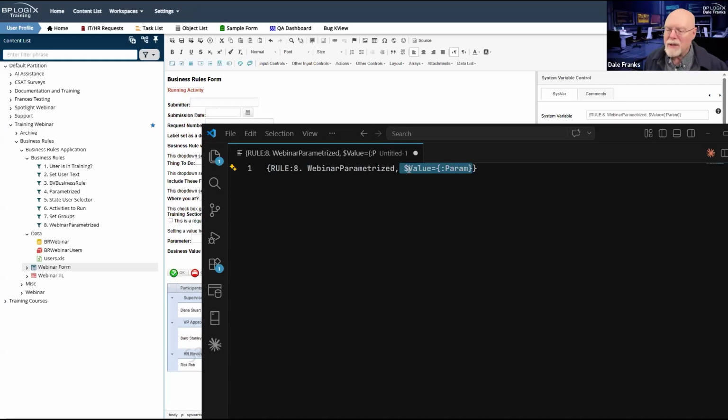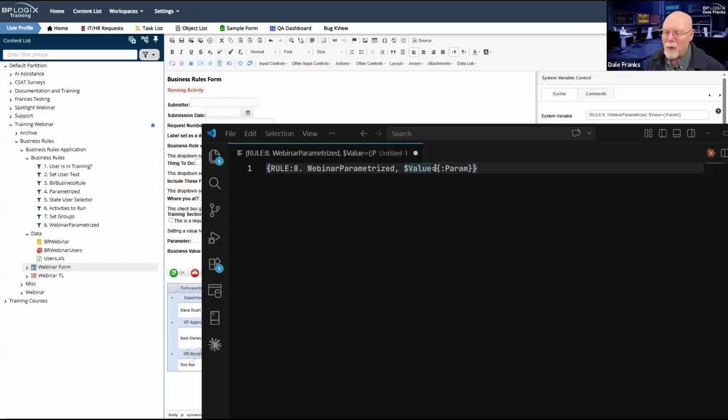Anytime I'm passing a parameter, I'm going to use my encoding string right there to ensure that it only passes safely encoded string data back to my query, because in this case, a parameterized business rule is a query of a type. So I really do need that $ sign value. If you leave the $ sign out, it's not going to work, because that's how we've set it up.